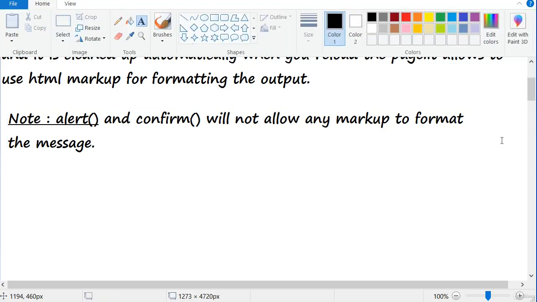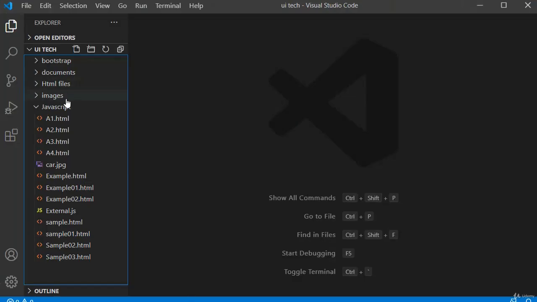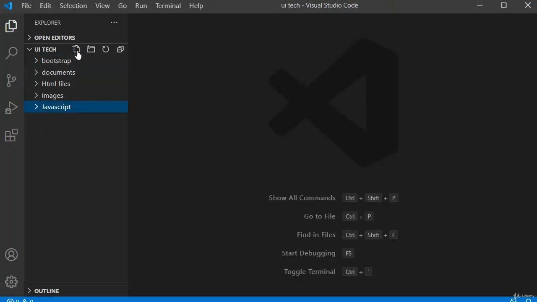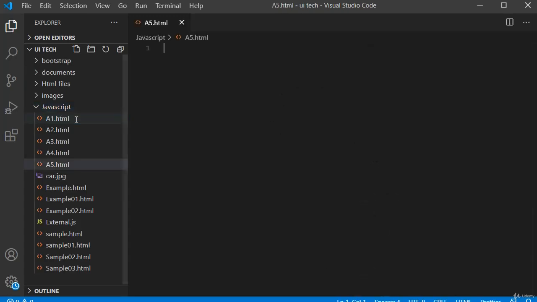We will see an example of how to use document.write function in our web page. Just go to Visual Studio Code, go to JavaScript folder, create a file, name it as a5.html.